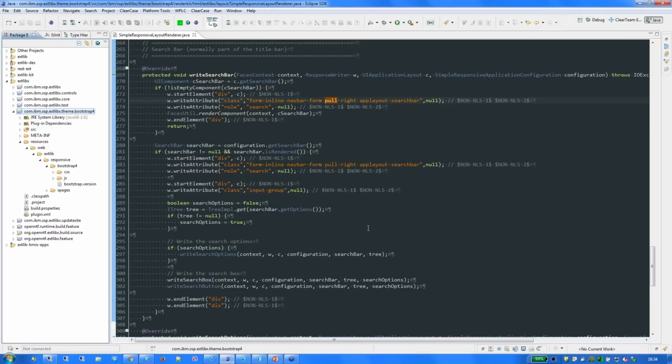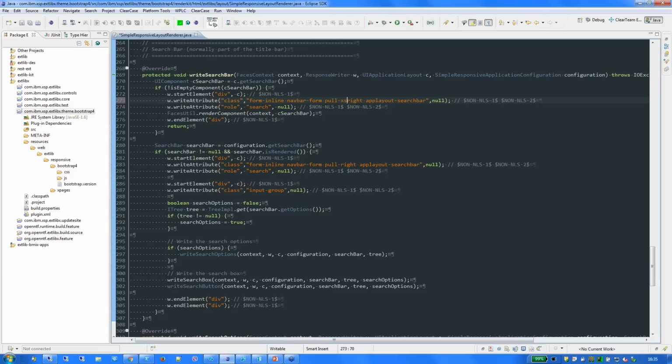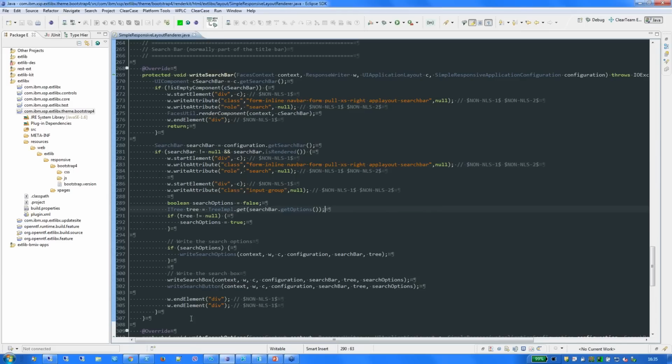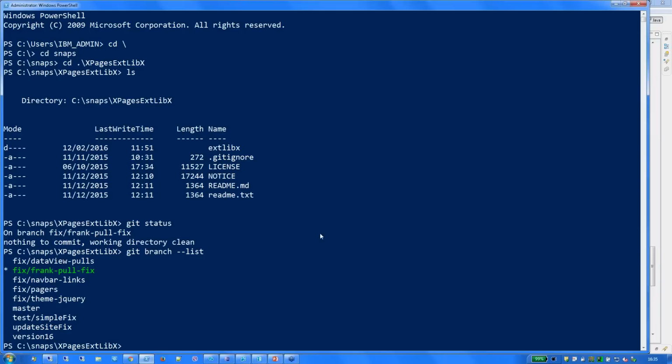So Frank, being the well-versed Bootstrap and XPages developer, he finds the relevant code in the simple responsive layout renderer, which is part of the Bootstrap 4 project, and he finds the reference to pull right in that renderer. So he knows from reading the Bootstrap documentation that all he needs to do is to update those two references to pull excess right, and that will pull content to the right on extra small devices and higher. So I'm going to restart my HTTP tab, but whilst it's doing that,